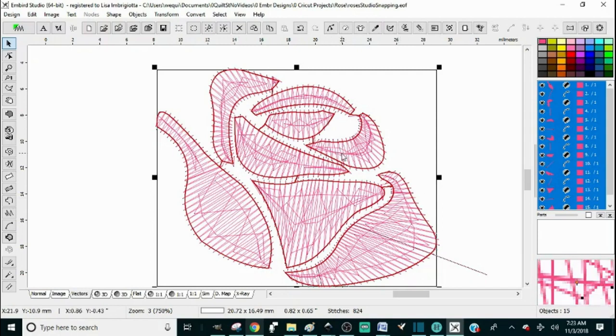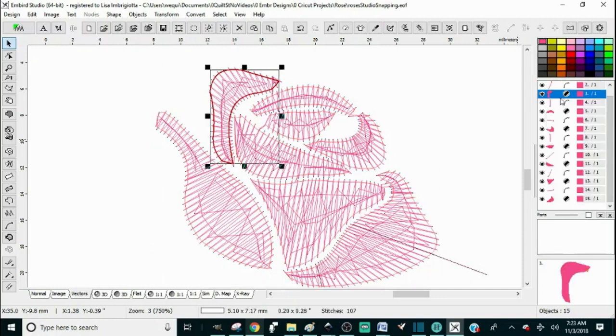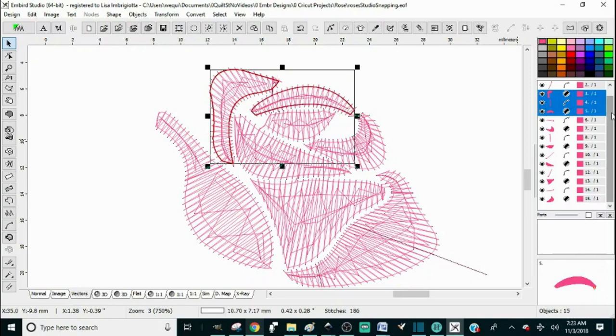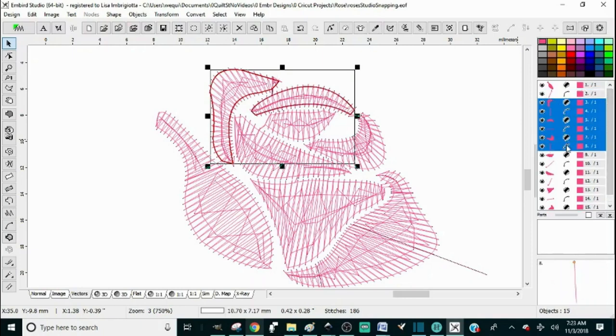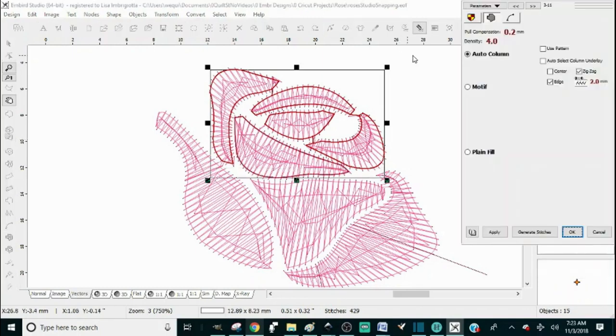But these, I'm going to just change to center line. So let's see. It wasn't that one. It was these small ones. And this one. So we'll go into parameters and I'll give them just